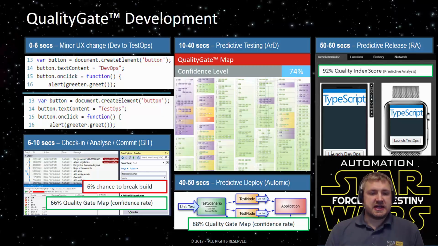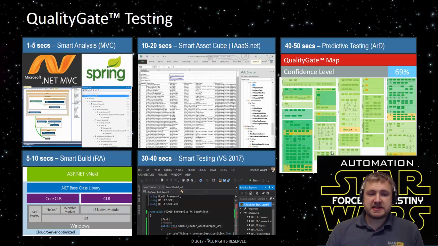Equally, you can understand straight away the probability of any potential issues with deploying this, and part of it is you can visualize that and you can visualize the risk. So gone in 60 seconds, very easy, very simple. In this case, it's just a minor change to text. From a testing perspective, we're looking at exactly the same thing.